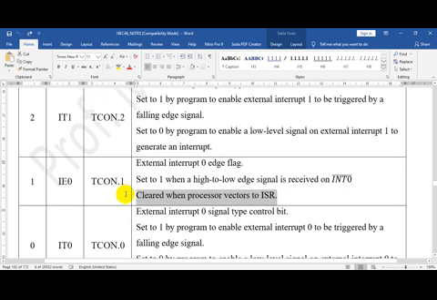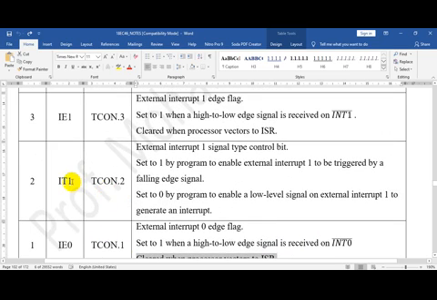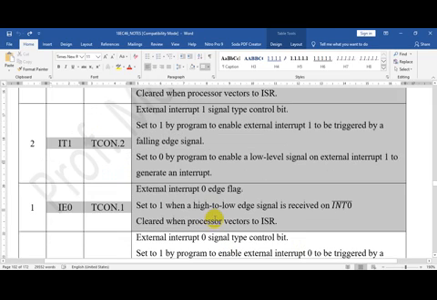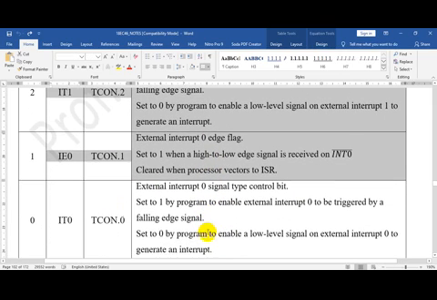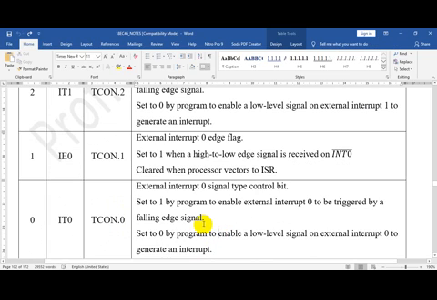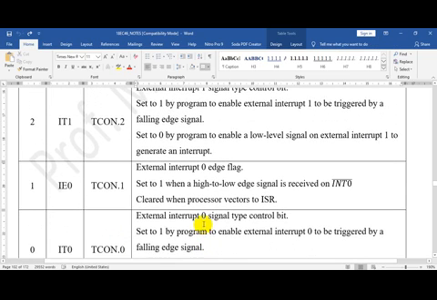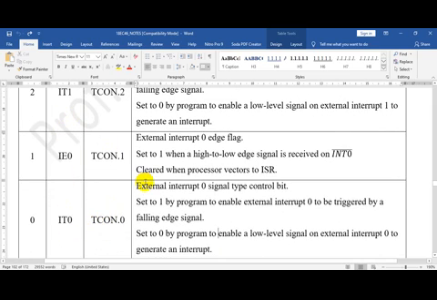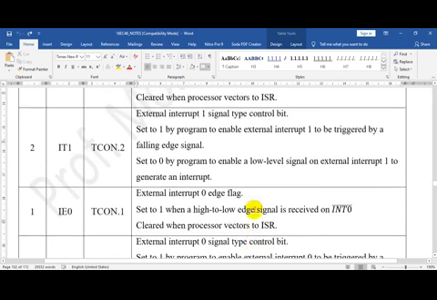The same explanation is for IT1 and IE1. These 4 bits we will not be using in our configuration, and hence whether you write 1 or 0, it is irrelevant. So basically we will be writing all these bits as 0 only.